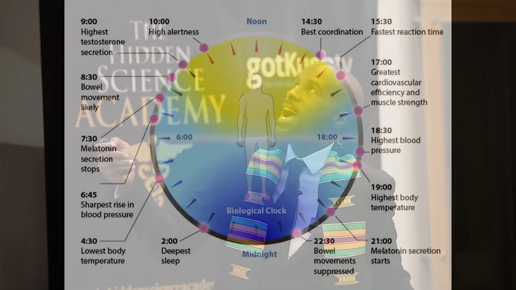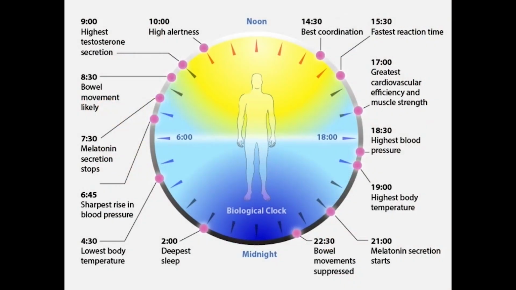When the sun's up, you should be up. And not just up, you should be out there absorbing it. So you shouldn't be in the office when the sun's up. And then when the sun goes down, you should go down. Yeah? And serotonin gets released during the day, so high alertness, best coordination, all that sort of stuff. So all of these hormones get released at certain times to ensure that you're a healthy person.